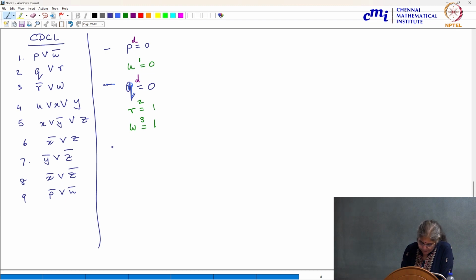So let's go back to a decision. Okay, let me set X to 0. This is a decision. What happens as a result of this? X is set to 0. Look at clause 4. X is 0 and U has already been set to 0, so Y should be set to 1. And now Y has been set to 1. Look at clause 7. This tells you that